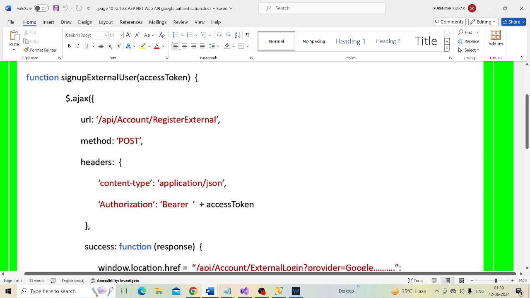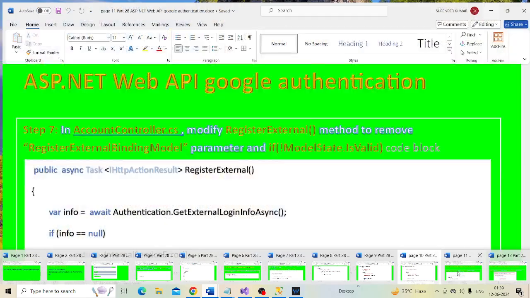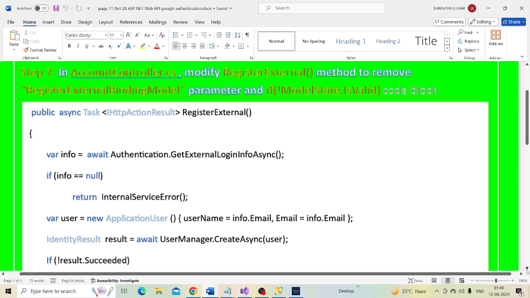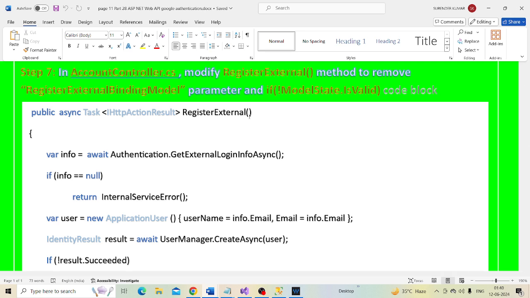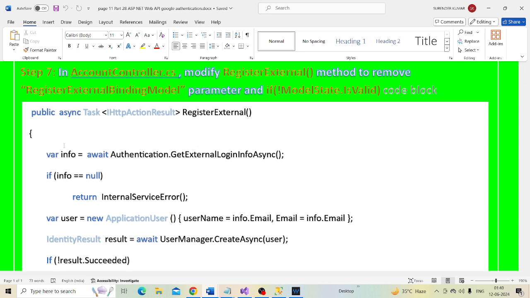Step 7, in AccountController.cs modify the RegisterExternal method to remove the RegisterExternalBindingModel parameter, and we also remove the if block, the if ModelState.IsValid code block, from there.